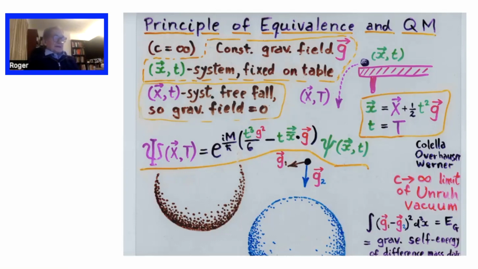The one is static with regard to the table, and the purple one is the one where you consider the Earth's field. You're dropping freely in the field, and so the gravitational field is cancelled out. So in the green one, you see the gravitational field, and in the purple one, you don't. Just do a little bit of a calculation, and what you find is that you get almost the same answer. The trick, however, or the key to what I'm saying, is in the almost.